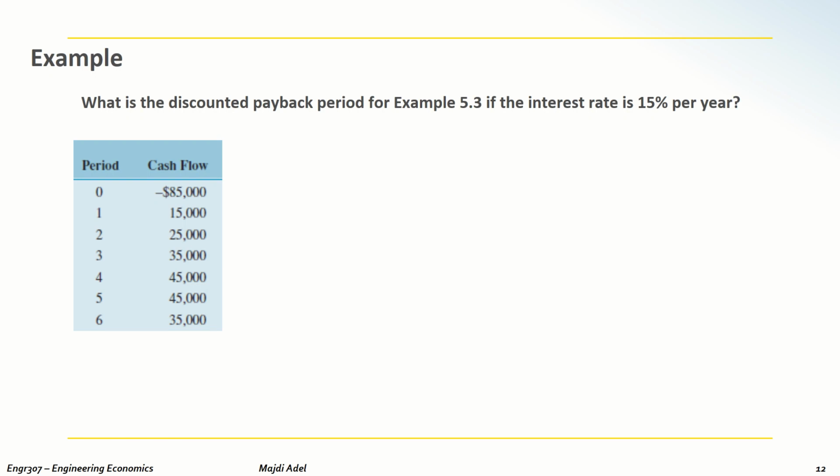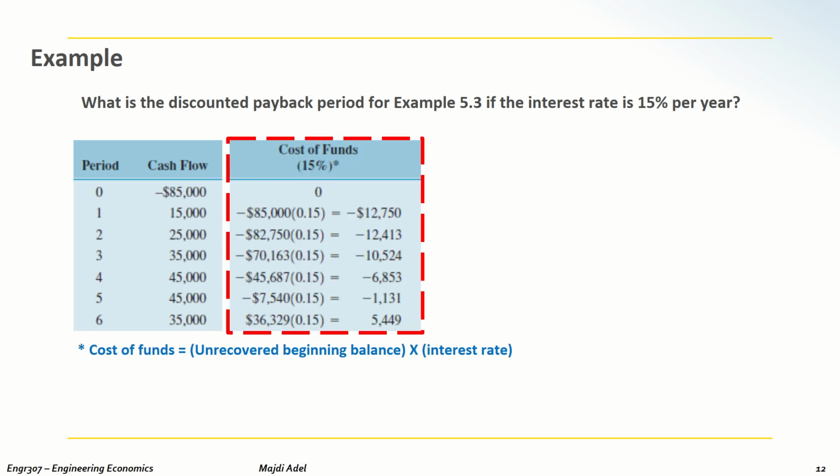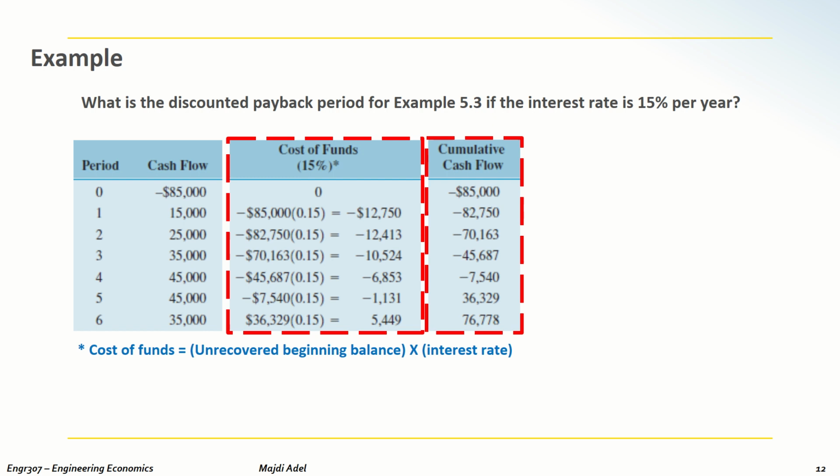Let's see this example and how we calculate the discounted payback period. We have the previous cash flow from the previous example, but now let's suppose that the interest rate is 15%. When is the payback period going to happen? First of all, we need to construct the cumulative cash flow. How do we construct it? By a simple calculation. At n equal 1,